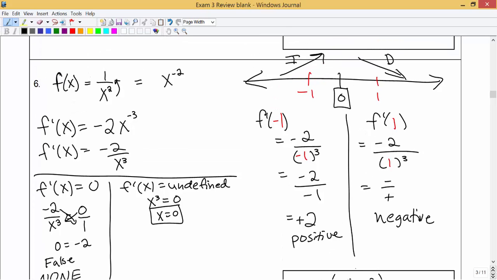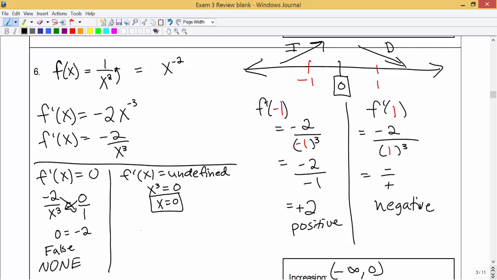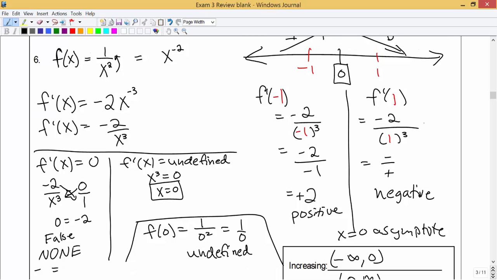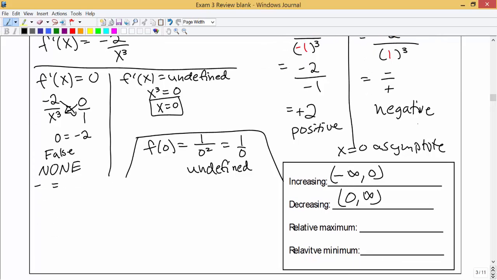And what about a relative max? It looks like it's increasing from the left and decreasing to the right, so it could potentially be a relative max. But what happens when we put 0 into the function? That's 1 over 0 squared, which is 1 over 0. We get a value that's undefined. So at x equals 0, we actually have an asymptote there. There's no actual point on the graph where that transition from increasing to decreasing occurs. So we have no relative maximum,